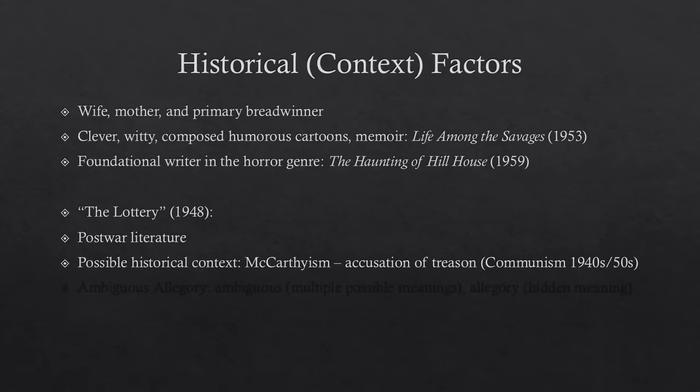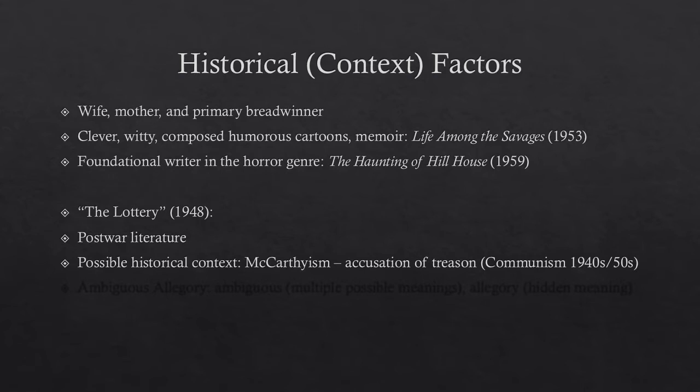Now, I could do a whole lecture on McCarthyism, and there's a great play called The Crucible by Arthur Miller, which I sometimes teach in this class as an example of drama. I've decided to use Shakespeare instead this quarter, but it's a great play. But McCarthyism, the term came about when Senator Joseph McCarthy started leading accusations of treason against people. He spearheaded the charge where many people were charged with treason in the late 1940s, going into the 1950s,